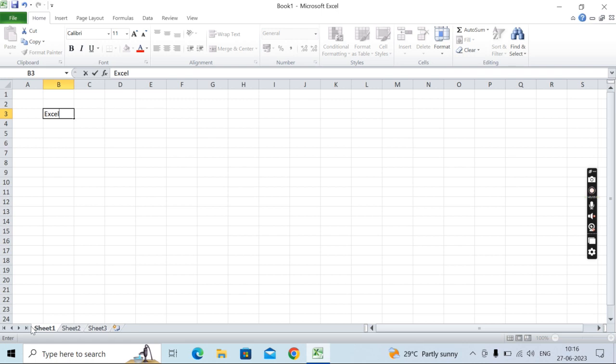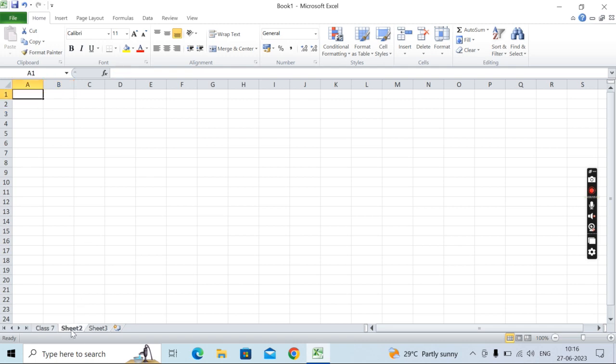Firstly, how we can rename a worksheet. If we want to change the name of a worksheet, how will we do it? So firstly we have to select that particular sheet, right click on that, you will get an option Rename. Click on that, the previous name will be highlighted, and you can type your new name as you want. Like I am typing here Class 7th. Then press the Enter key and that particular name will be entered there.